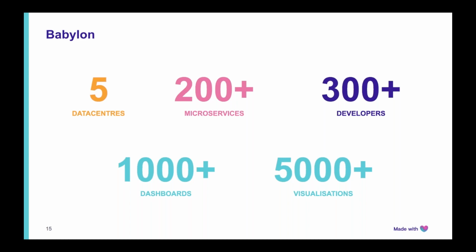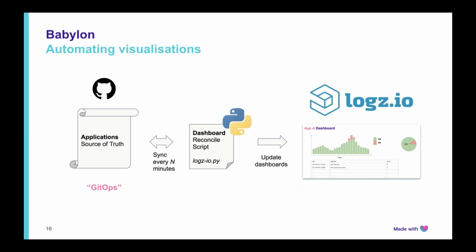But thankfully, we don't create them by hand. So what we did is we created a little script that synchronizes with Logz.io and creates those dashboards. And the way it works is kind of like this. At Babylon, we store all of our applications in Git. So we have a list of all of our applications, and we can know many things about them. For example, are they an API or not? And if they are an API, we add them to our list of dashboards to create. And we have a script that is basically going to take a template of a dashboard and add the information about each application that we have in our list, and then talk to the Logz.io API so that the dashboard